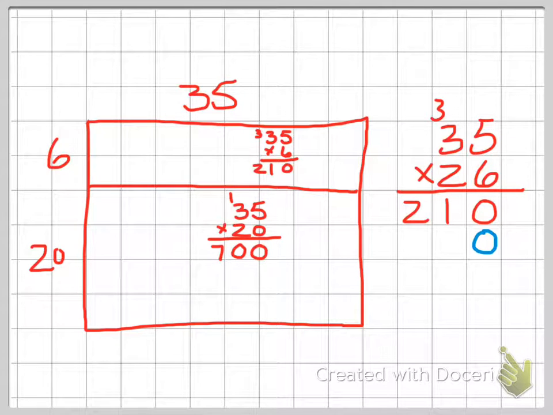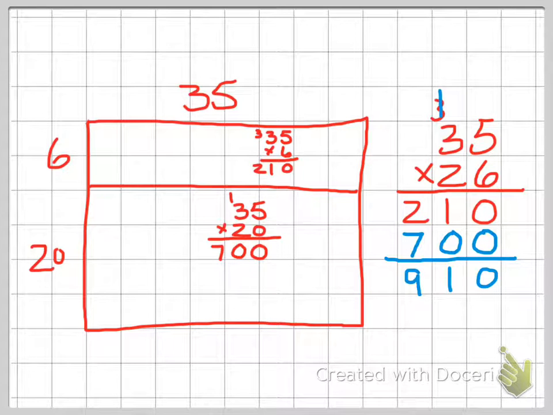I don't have any units there that I'm multiplying by. So 2 tens times 5 is going to be 100, but I'm going to carry that 1. 2 times 5 is 10. I'm going to put the 0, carry the 1. 2 tens times 3 tens is 6 tens plus 1, 7 hundreds. And then I'm going to just add my columns,